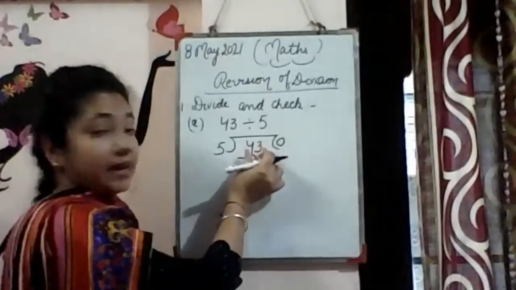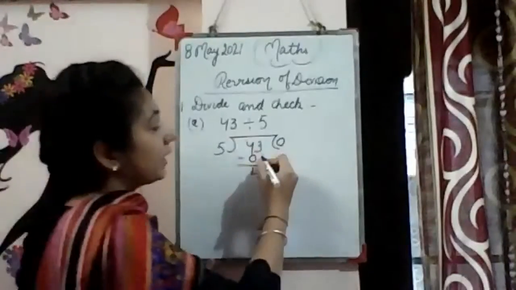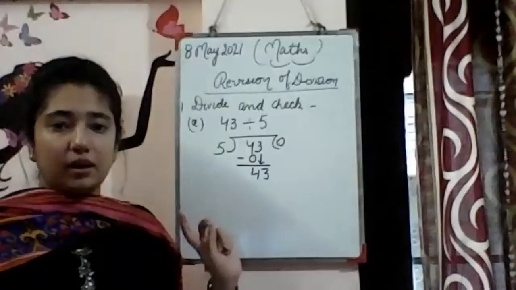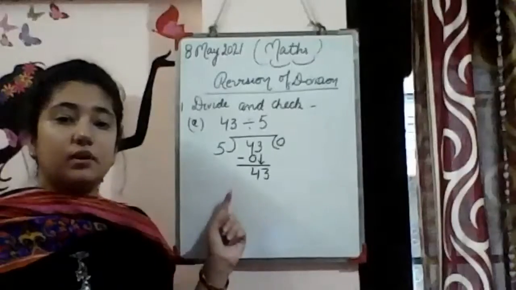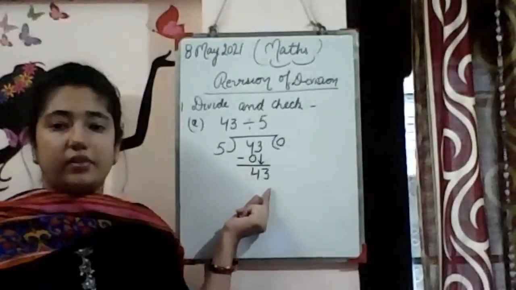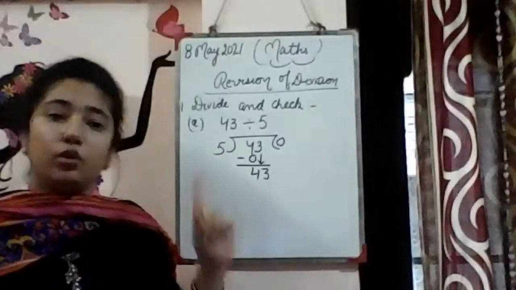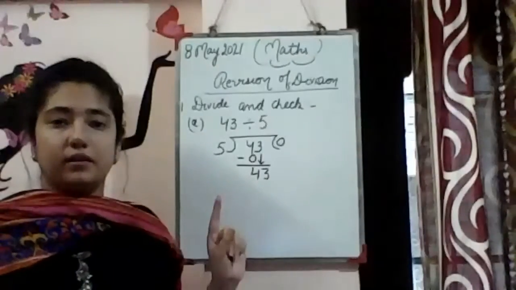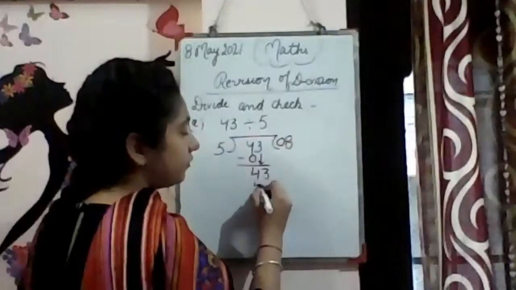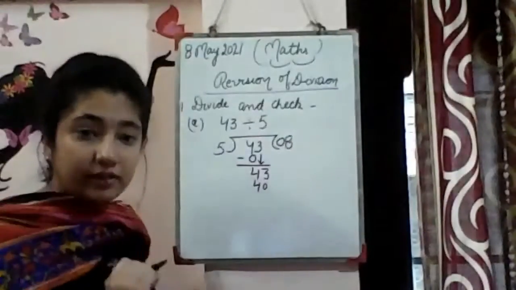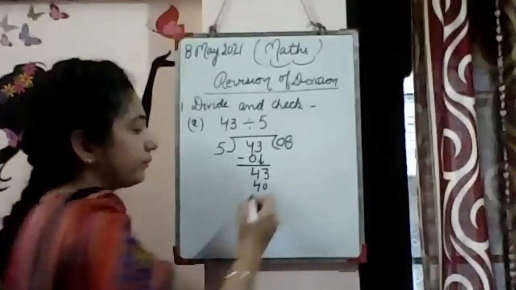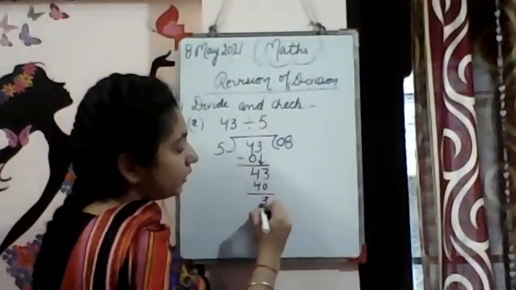Okay, so we can't take directly two numbers. Now we can bring down 3. Right? Now we have brought down 3. Now we will recall the table of 5. We will see which term comes near about 43. So 8 5s are 40. You will recall the full table of 5 in your mind. I know, so I am directly doing this. 8 5s are 40, because 9 5s are 45 and 45 is greater than 43. Okay, so 43 minus 40 is 3,